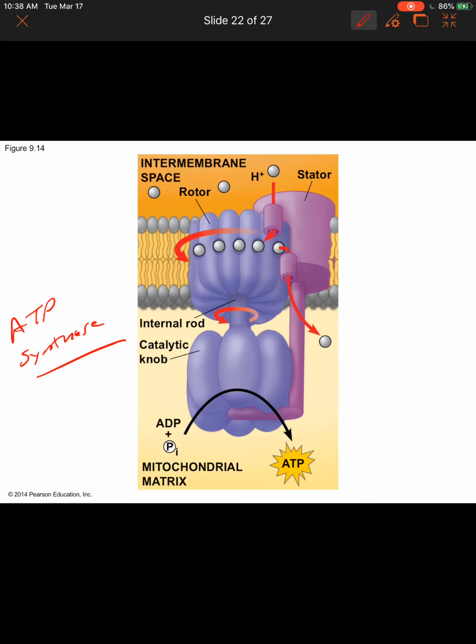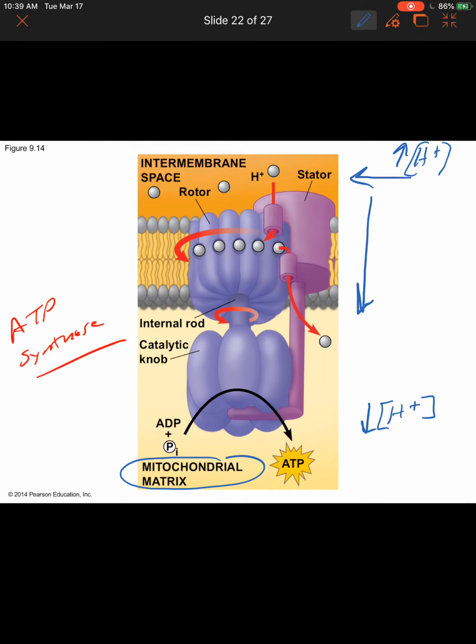All right, let me change colors here. So here we have the mitochondrial intermembrane space. That's where we have high proton concentration. Here we have the matrix. This is where we have low proton concentration. So the protons are going to want to flow in this direction down their concentration gradient, just like we saw in the diffusion chapter. Well, they can't get through that membrane directly, so what they do is they drop into the